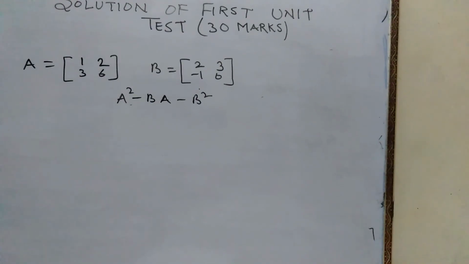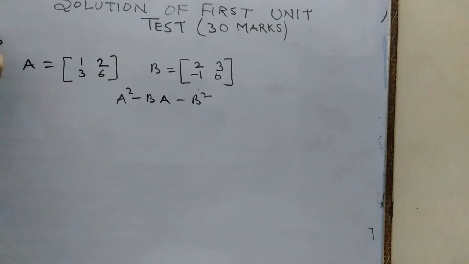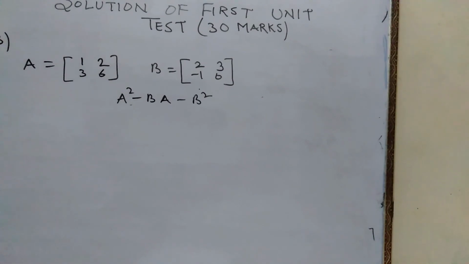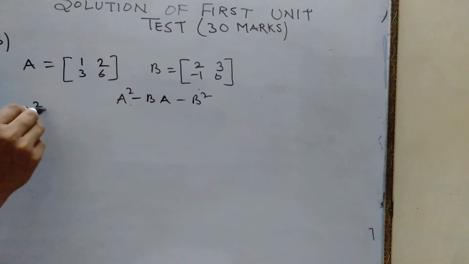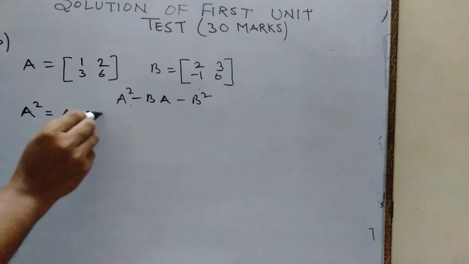Today we are solving the questions of the first unit test which was conducted on 3rd of September 2020, and here we have the third question given. A matrix and B matrix, we have to find the value of A square minus BA minus B square. So firstly we'll find A square. A square is A into A,